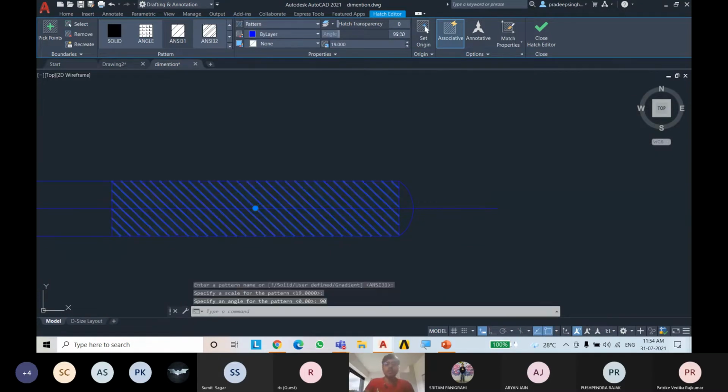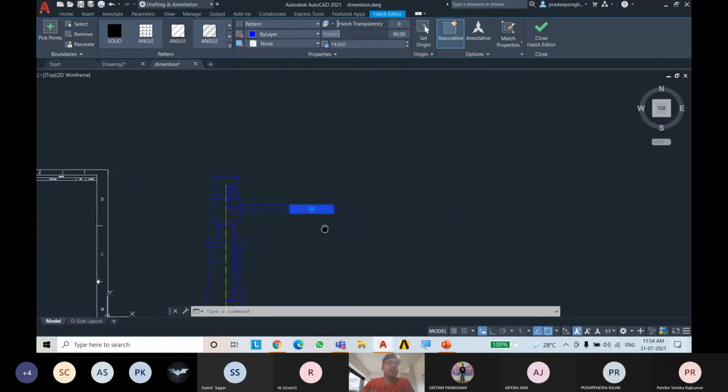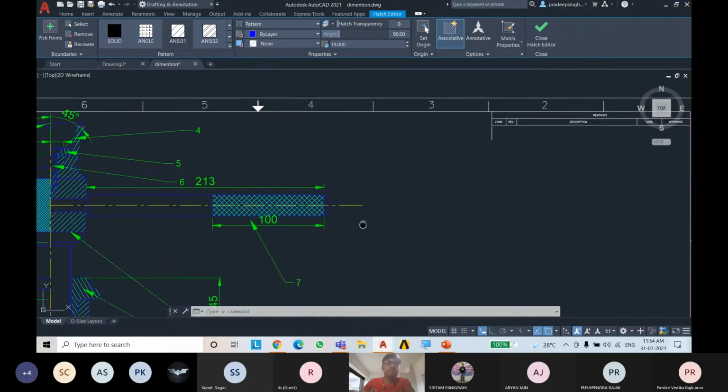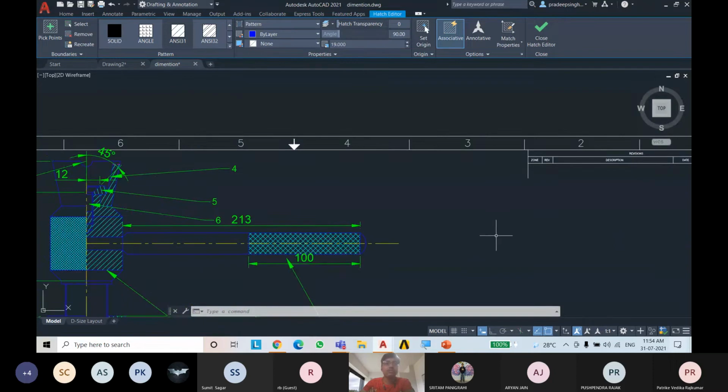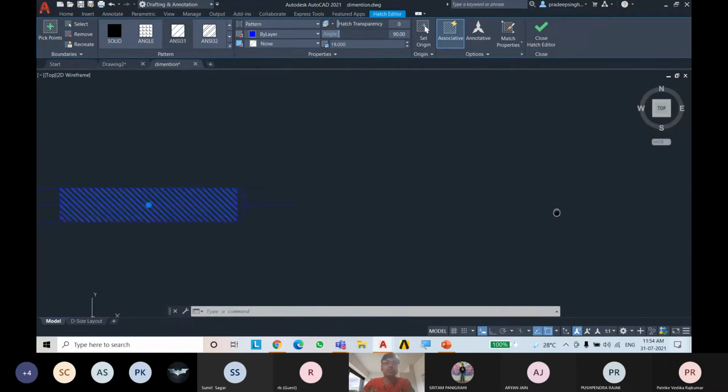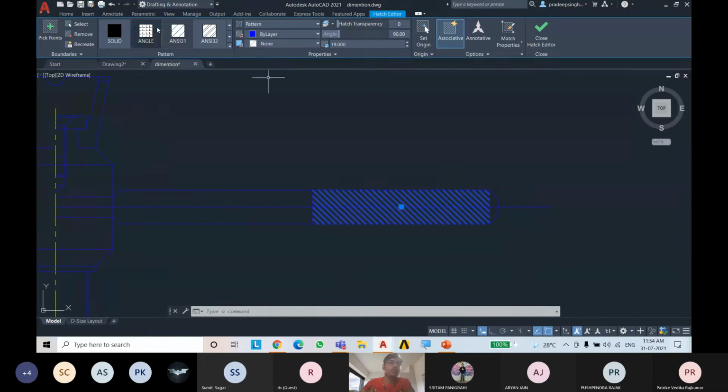When I press 90, the angle of this line changes from this direction to this direction. So it has turned anti-clockwise by 90 degrees. You can see there are some cross-like shapes here, so we will draw some cross-like hatching.